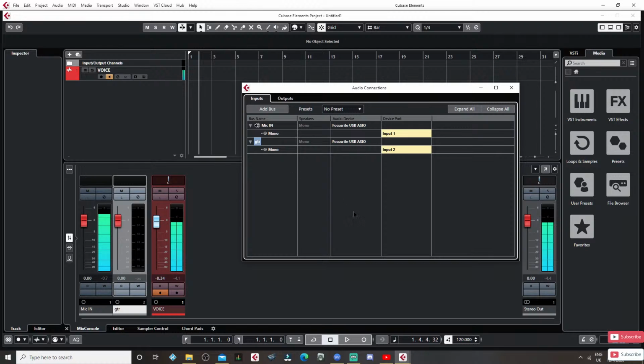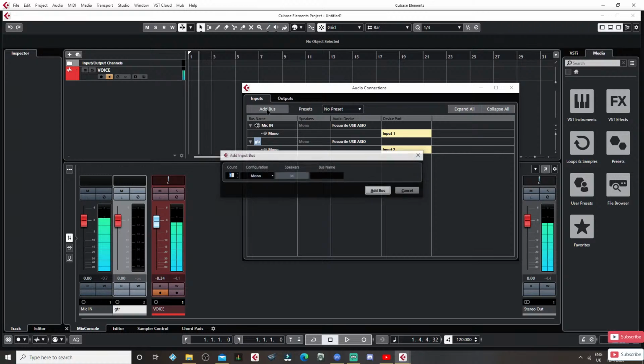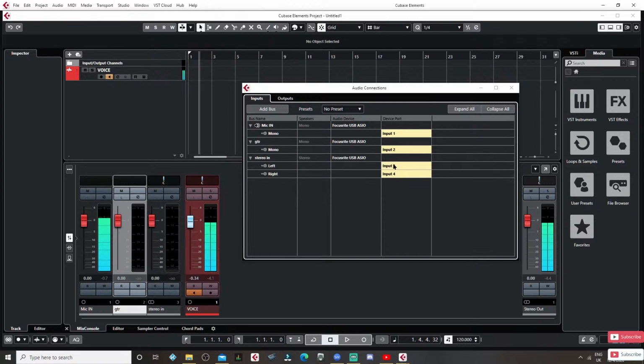So we've created a couple of channels. You'll notice that guitar one I've just created has now popped up. Originally I only had 2 things here. It now pops up and I've got another thing appeared, as another source. If you want to add any other sources, for argument's sake, we'll do a stereo source, and we'll just say this one's a stereo in. We could add a bus there, and if you've got any additional inputs on your interface,